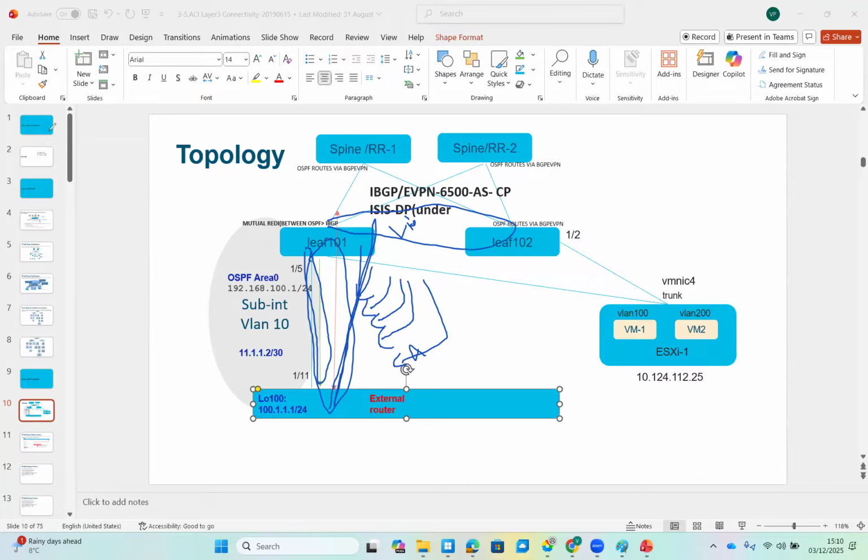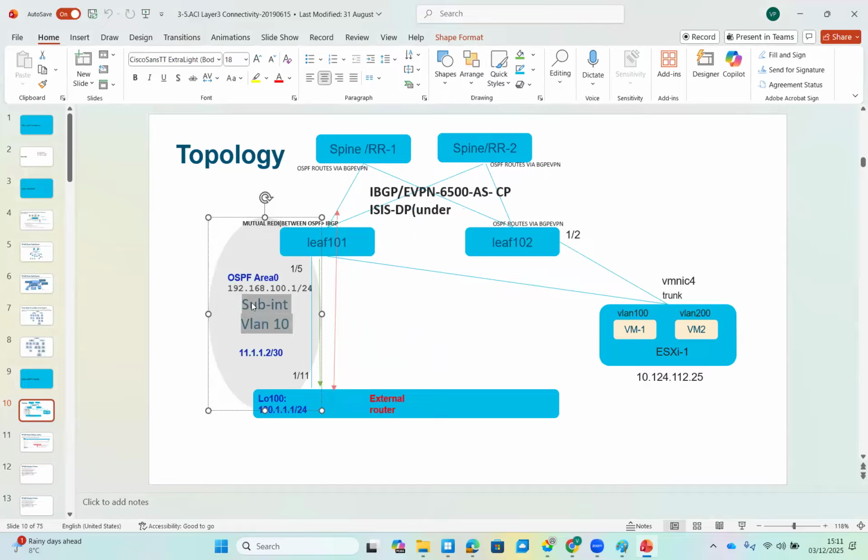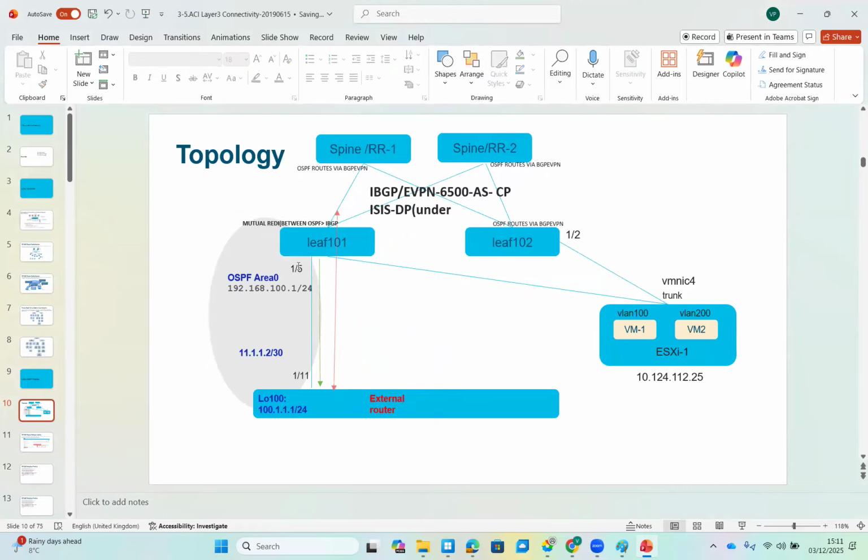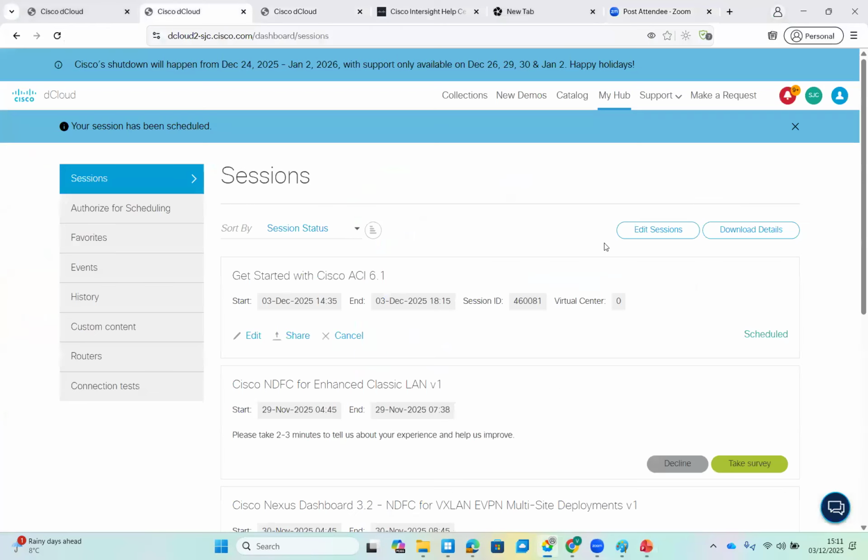Okay, so suppose this is the scenario I have. I have interface 1/5, and I want to establish OSPF area 0 between the leaf and my external router. This is the IP address I have, and let's do this configuration. So very first thing is, before we talk further into it,